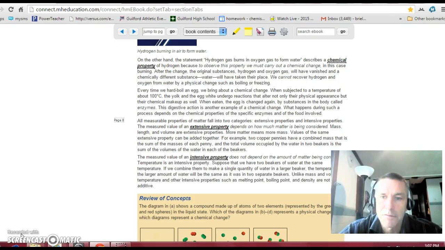Suppose that we have 2 beakers of water at the same temperature. If we combine them to make a single quantity, the temperature of the water will be the same as it was in the 2 separate beakers. That's a very good explanation, I think. Density is similar. If you have the density of a small amount of water, it's 1 gram per milliliter. If you have several gallons, it's still 1 gram per milliliter. Unlike mass and volume, temperatures and other intensive properties such as melting point and boiling point and density,